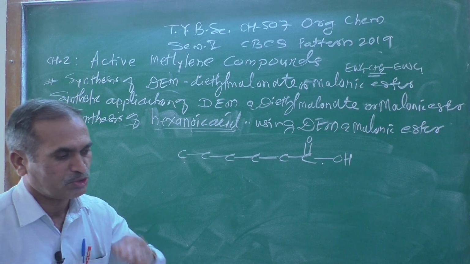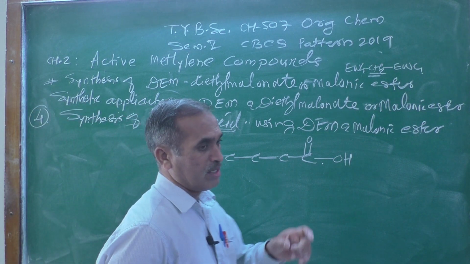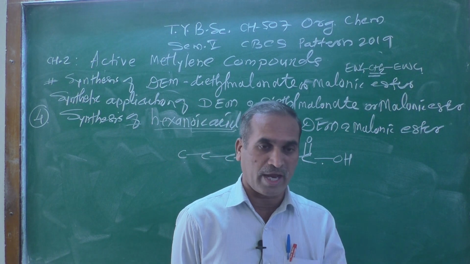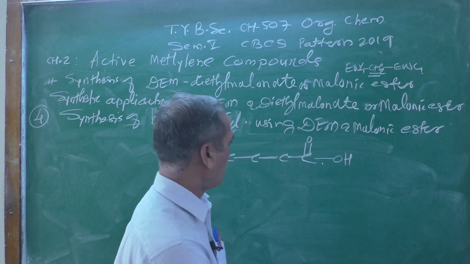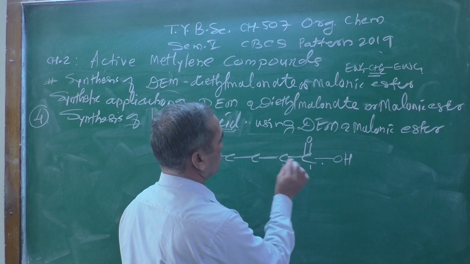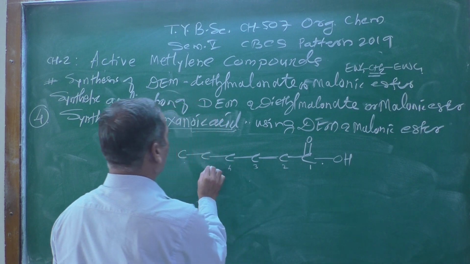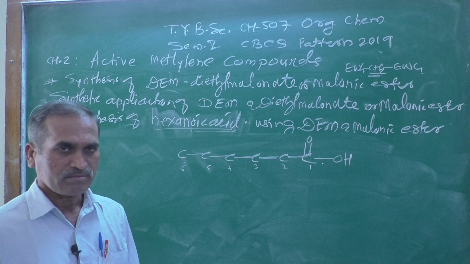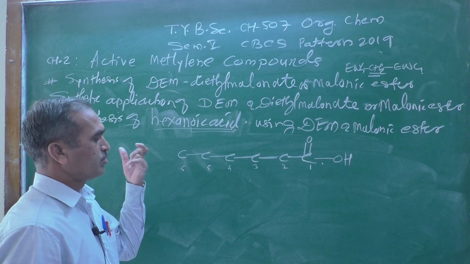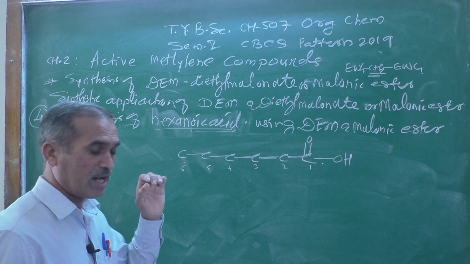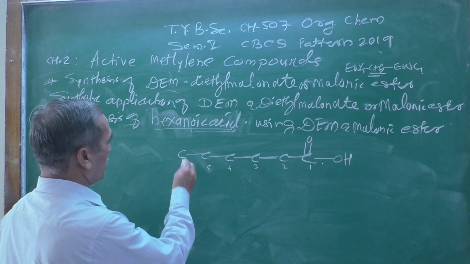Then numbering you should start in such a way that the carboxylic group gets the first number, and here 1, 2, 3, 4, 5 and 6,